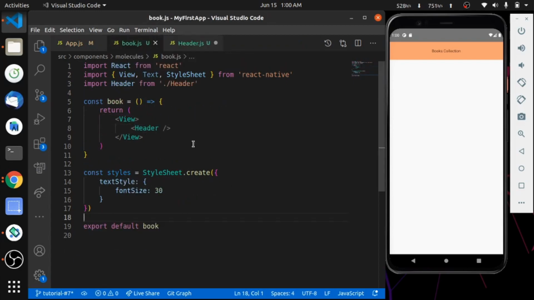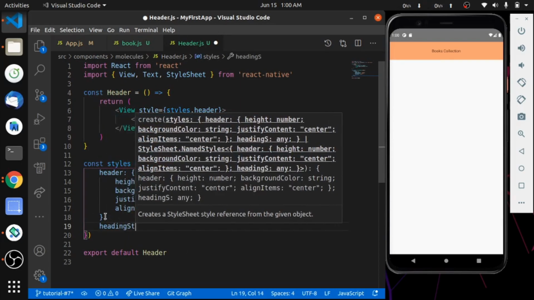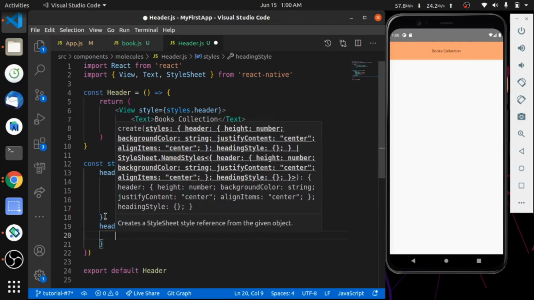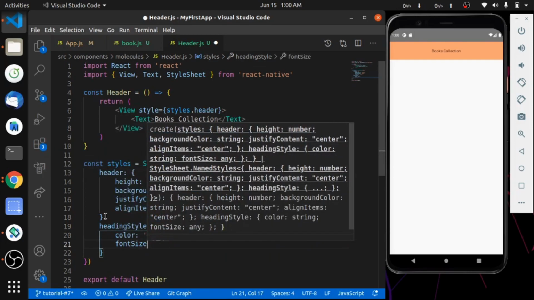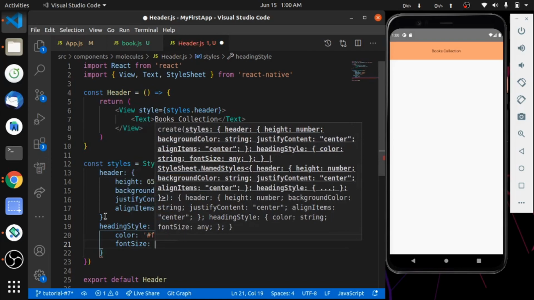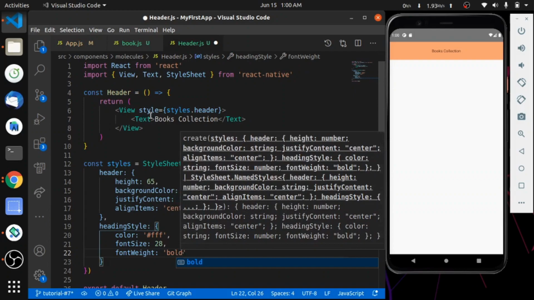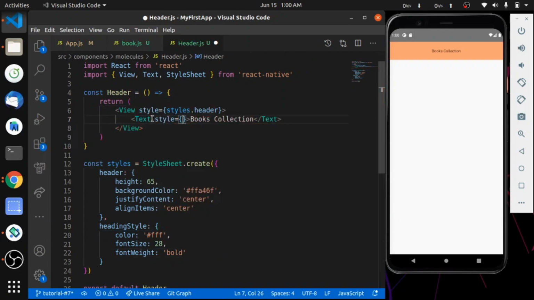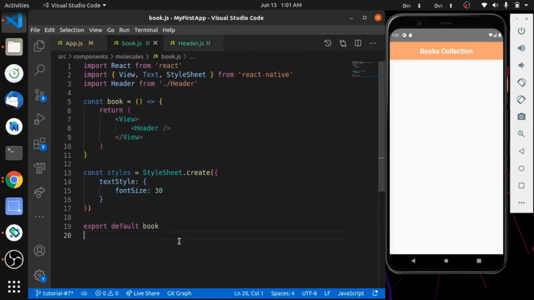Now let's give some styling to the heading text, like font color, font size, font weight, and add this style class to the text. The text is too big, I think, so just changing it to 25. Yes, now it looks good. Let's come to the parent, which is the book component.